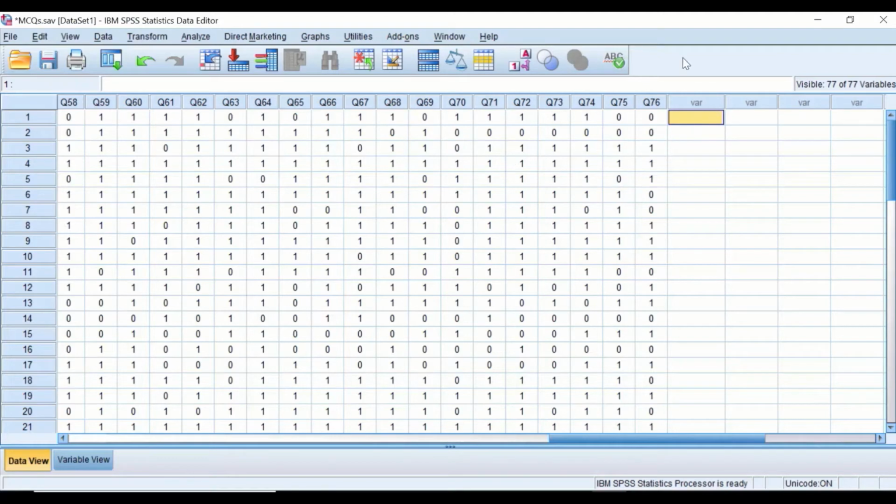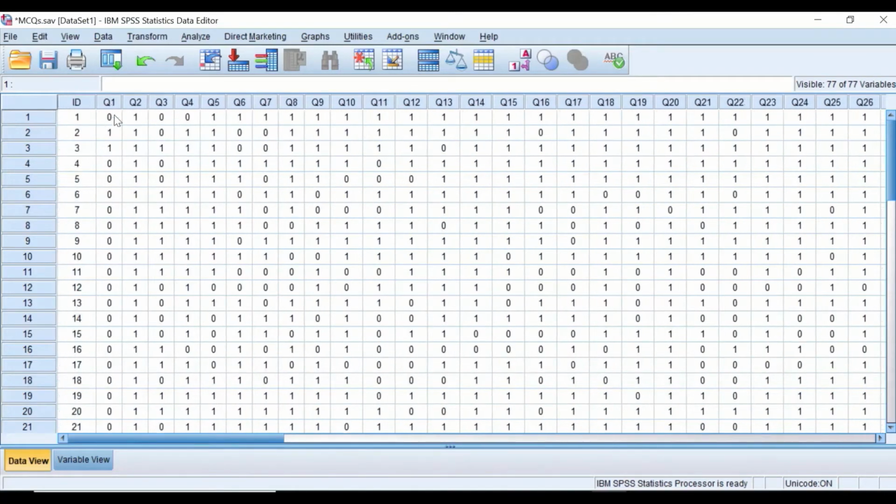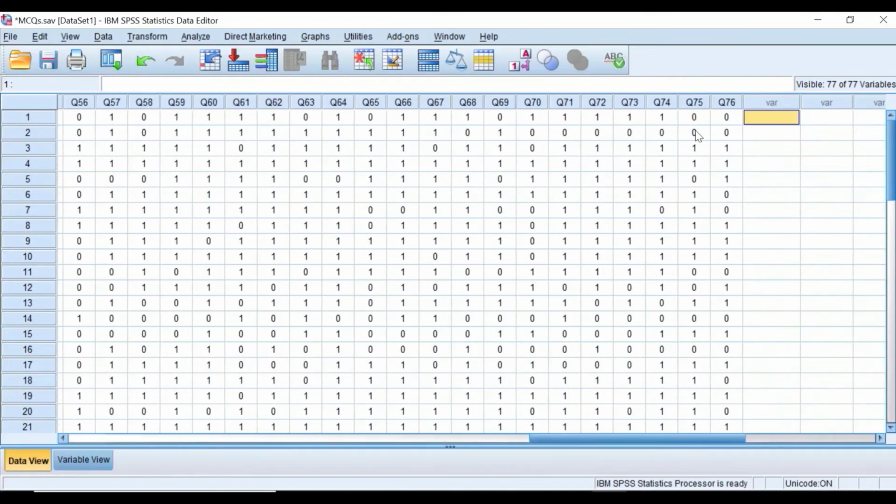So we are going to generate a column here for that, and we are going to calculate that in percentage. So we're going to add all the scores or the value for each of those 76 questions for each individual student, add them together, divide them by 76, and then multiply them by 100. The way to do that is to click in SPSS on transform,